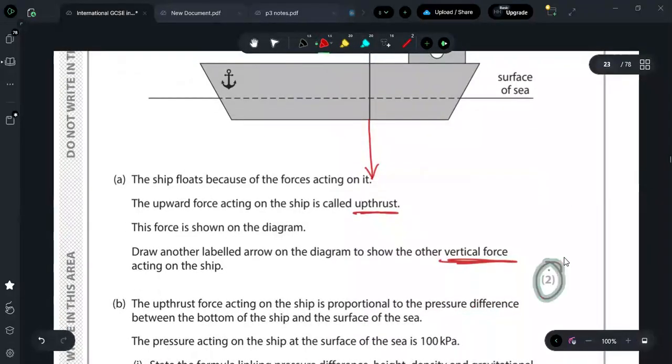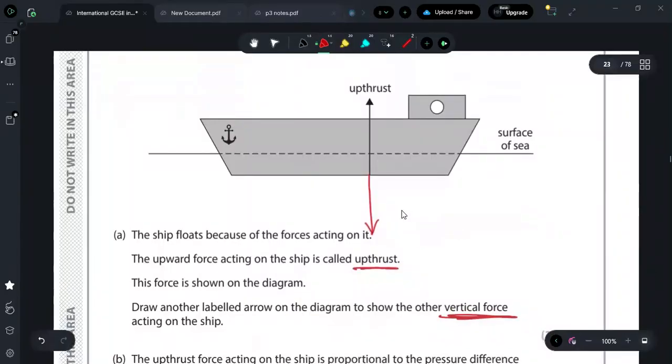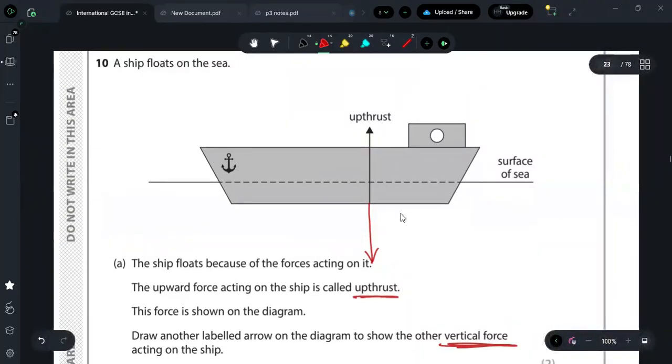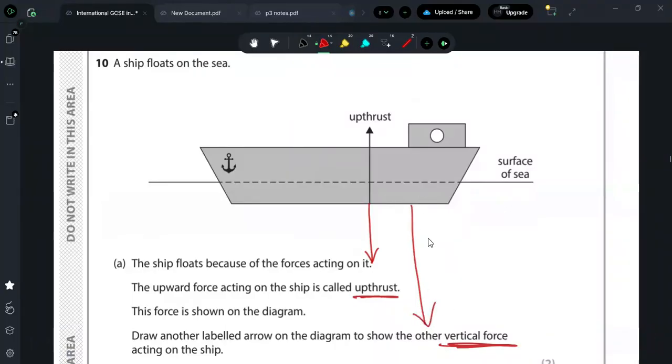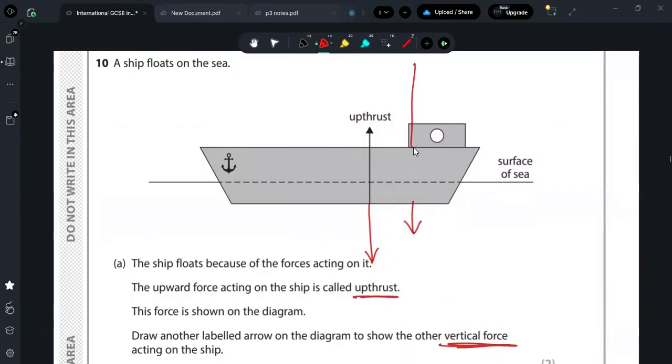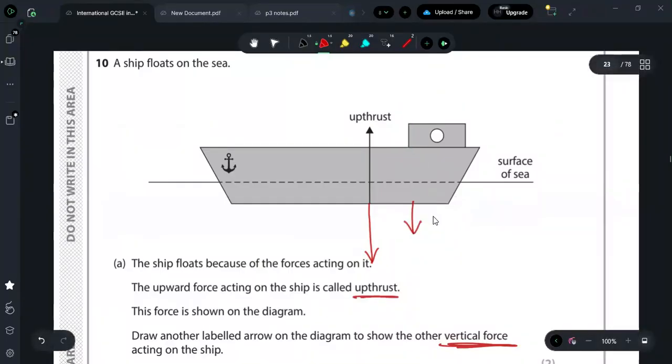Here you have been given 2 marks. That means there's something else that you need to do. Basically the weight and the upthrust have the same magnitude, meaning the same size. Why the same? Because if these two are not the same, then this ship will either sink. Think, if the weight is much more, I mean a longer line, then if the weight is more, this particular ship is going to sink. And if the weight is less and the upthrust is more, then this particular ship is going to float, right? It might even rise completely, who knows?